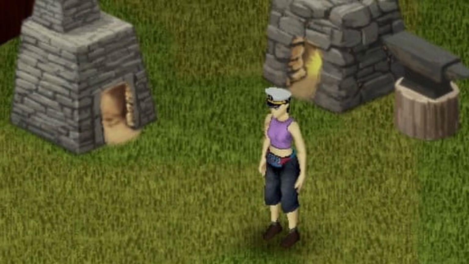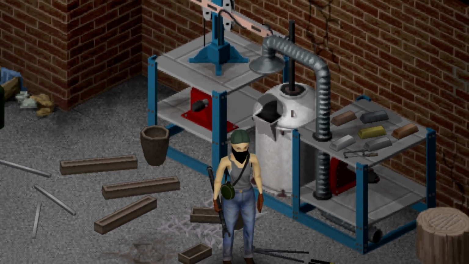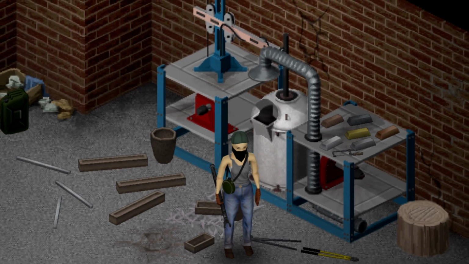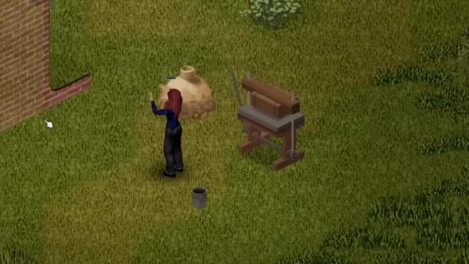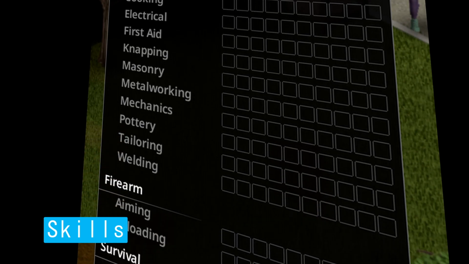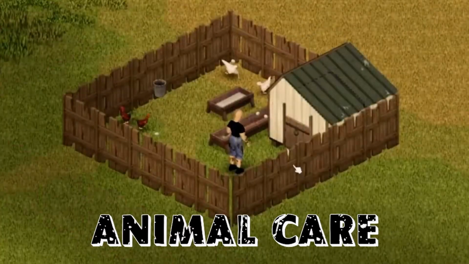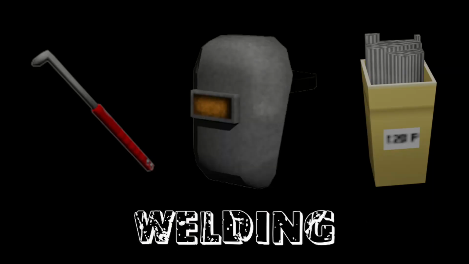Additionally, some crafting stations might have an on-off state, complete with lights and glowing effects, depending on the type of station. According to the team, these crafting stations will stay as 2D sprites until 3D models for furniture are potentially implemented in the future. In Build 42, 8 new skills are being introduced: animal care, carving, knapping, masonry, pottery, welding,